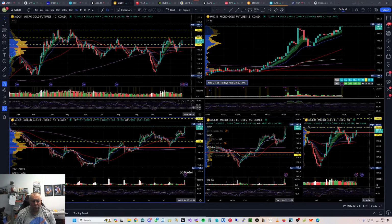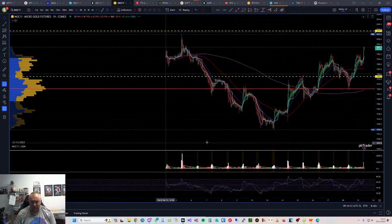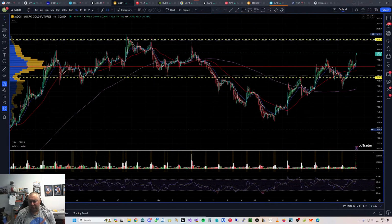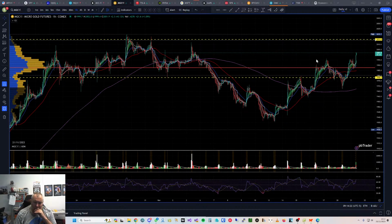And then gold, look at that, it's breaking out. We talked about this as well. Equal highs there, V pattern, bounce off the 200. Is that an inverse head and shoulders? You could say it could be, and then the breakout and then the pullback to retest the head and shoulders